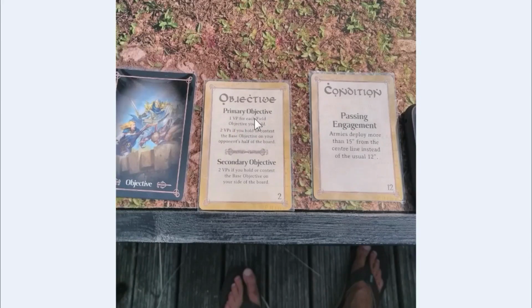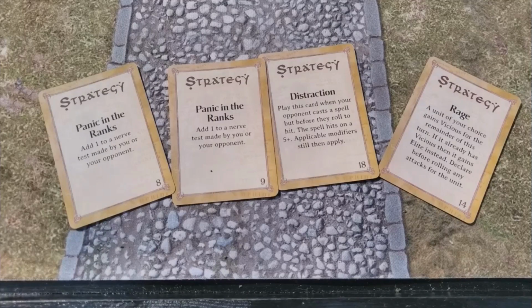Dan had 1 VP for all the field objectives and 2 for the base objectives. So he's essentially going after the objectives, and I'm trying to play Dominate. And those were my strategy cards that I drew. So 1 nerve ones. In all honesty, I didn't really make the most of them, I felt, but you know,